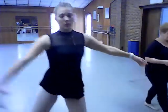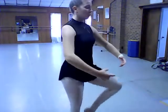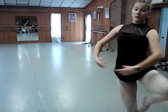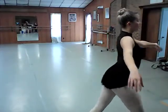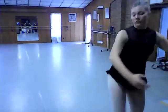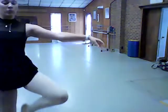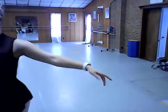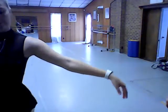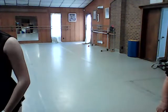1, 2, turn, pas de bourrée, tendu, pirouette, and switch right and left, switch neutral, pas de bourrée, and tournier, and pirouette. Then everybody together takes